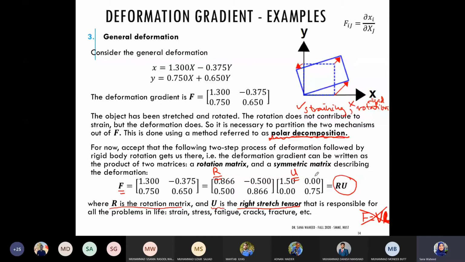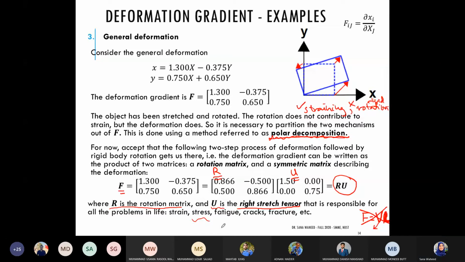The reason being, as I said, वो right side of the product पे appear हो रहा है, whereas ये V जो है, this is the left stretch tensor. So the right stretch tensor contains only the information related to deformation and straining. And that's exactly what we're interested in, because we know कि इन deformations की वजह से stress develop होता है, इन्हीं से fatigue हो रही है,